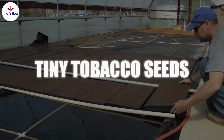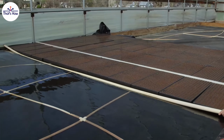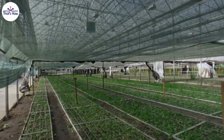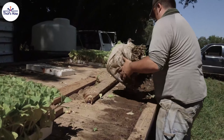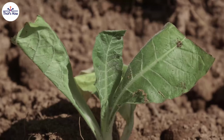It all starts with tiny tobacco seeds, which are so small that thousands fit into a single gram. These seeds are sown in controlled environments, usually greenhouses, where they are nurtured and carefully monitored. Once the seedlings reach a sufficient size, they are transplanted into open fields, where they are given ample space to